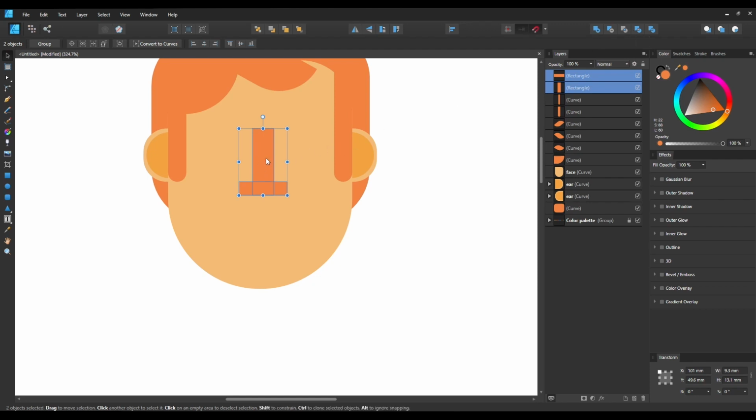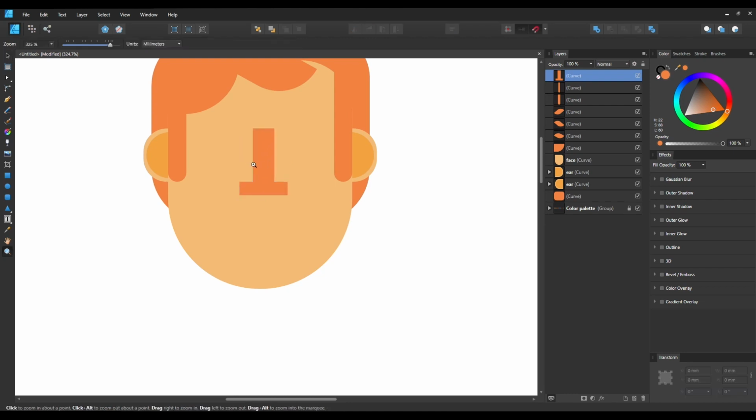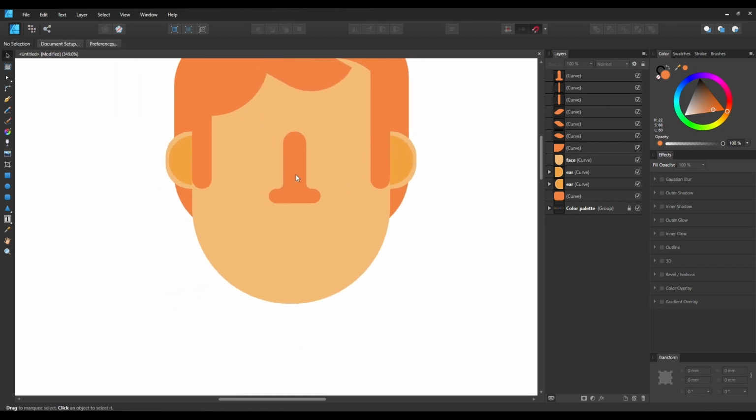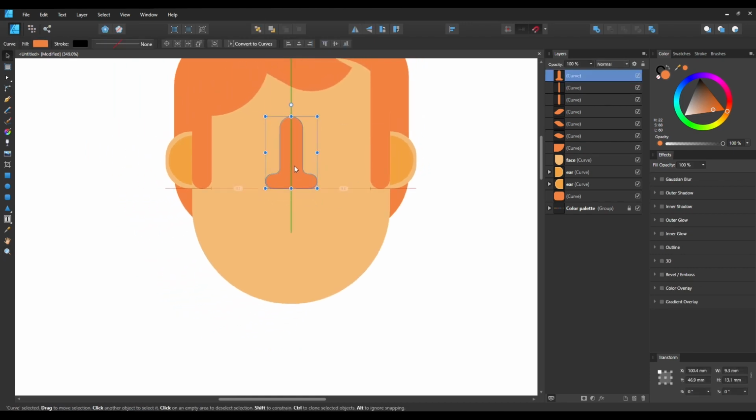So you can select both the shapes, and you can press add here. So we can actually merge both of these shapes in order to create a custom shape. After that, you can use the corner tool, and you can carve the corners, so you'll get unique designs and all things like that. Okay, so this is our nose. Just move it a little bit up,